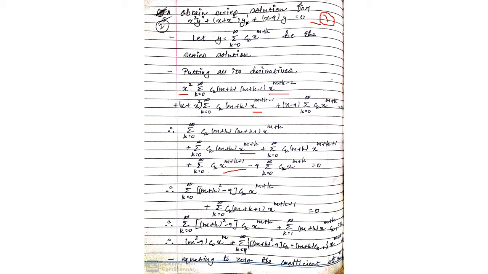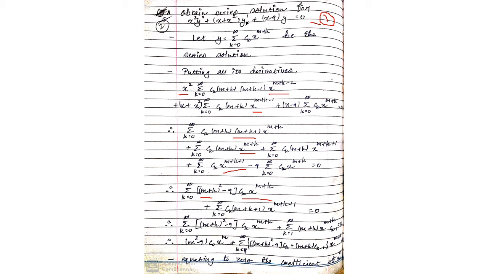Okay, now see the first two terms that have m plus k. So just taking out the common x to the m plus k from the first and the second term. Now next, here the remaining term will be m plus k minus 1, and here the remaining term will be plus 1. So m plus k minus 1 plus 1, that will cancel. So the remaining term will be m plus k. So m plus k whole square. See here I have written, and this one term doesn't have any bracket, that is m plus 1, so that will be minus 9 only. And this one is common for all the terms, that's ck x raised to m plus k.